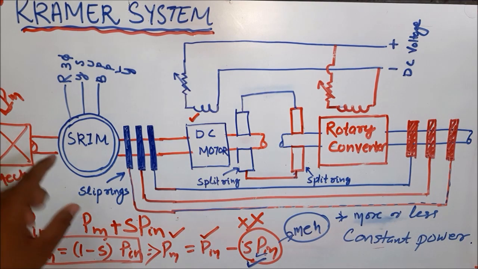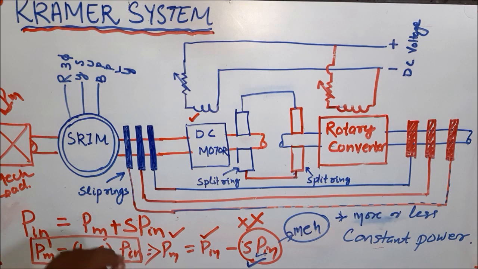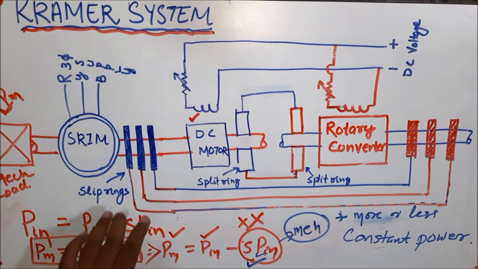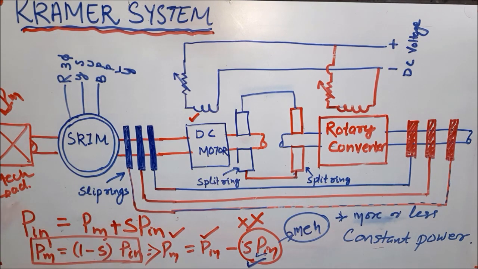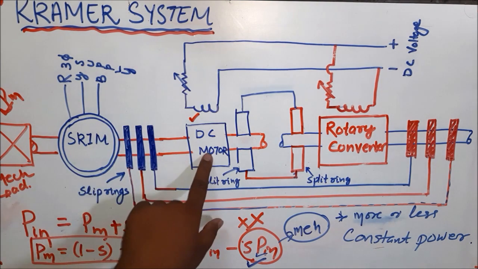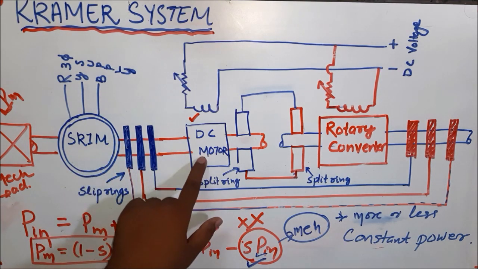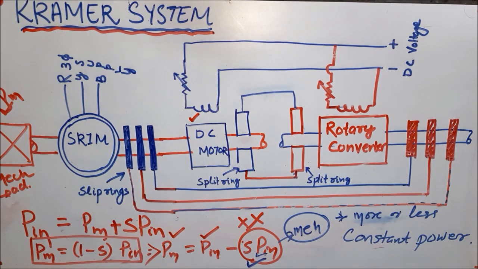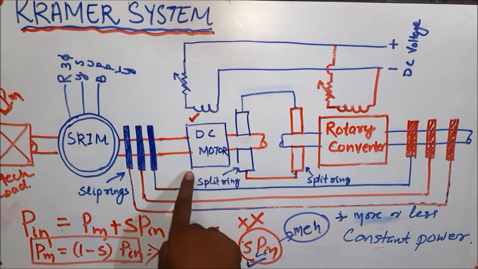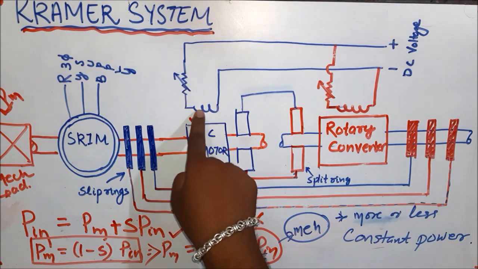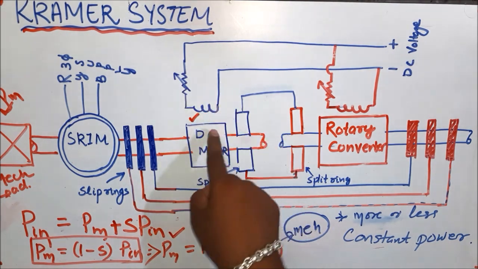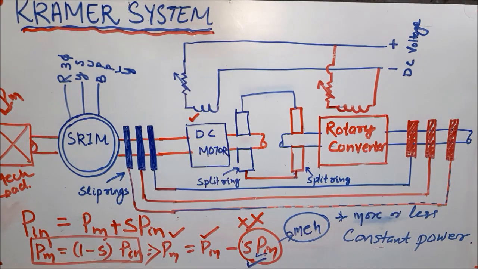Previously, to increase or decrease the speed of the induction motor, we changed the value of the resistance connected to the slip ring. But here there is no resistance. Then how do we change the slip ring induction motor speed? It can be changed by this DC motor. If these two motor speeds are different, you get the equivalent speed of the shaft. To change the speed of the DC motor, we can change the excitation of the DC motor field by this resistance. This is the way to change the speed of the slip ring induction motor.